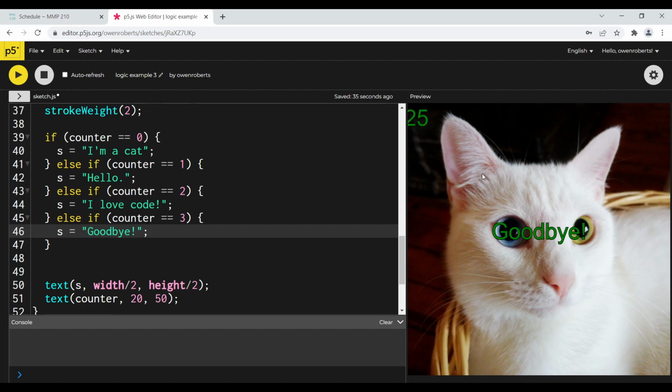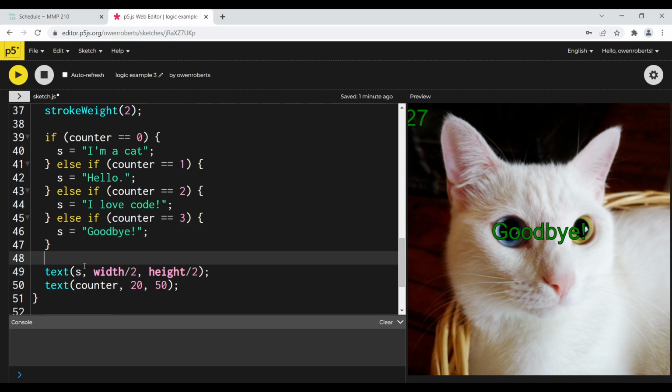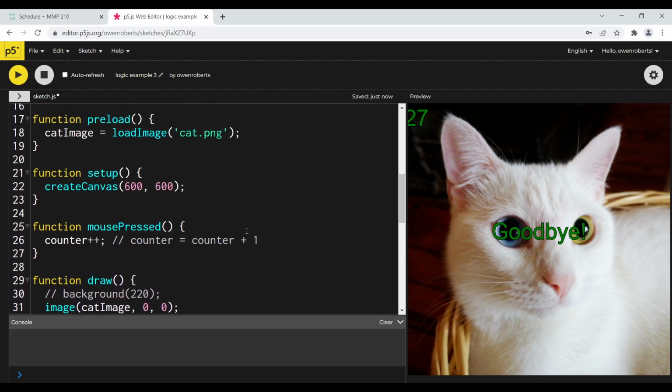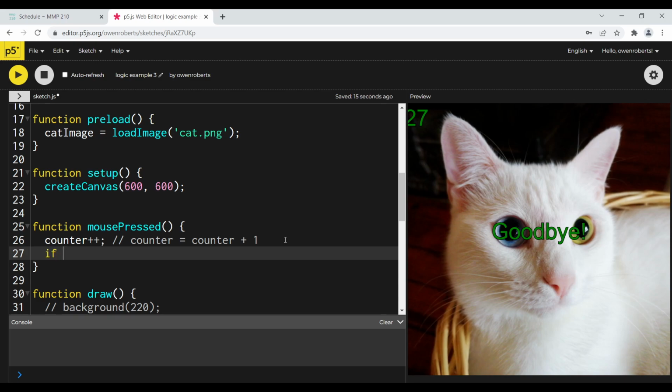So we can actually use another conditional to reset our counter. You can see conditionals are really useful. There's a lot of stuff we can do to control the functionality and sequence of our program. So I'm going to go back up to mouse pressed, and I'm just going to say if the counter gets up to a certain point, like the number of different texts that I have, if it gets past that, we can reset it. So I'll say if